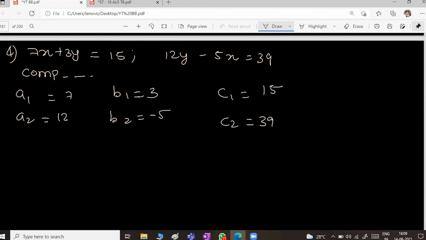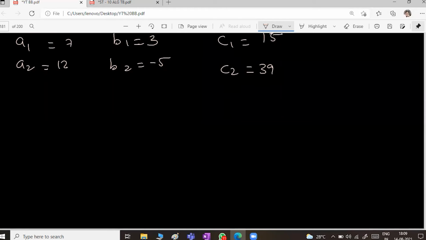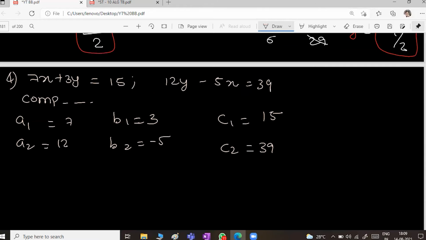I hope I am very clear. Then सॉल्व करो, 1 minute. As I said, I did the mistake. Here it's 12y. So basically you need to understand. See, मेरे से भी गलती हो गया, since I was not so much attentive. So इधर क्या आएगा, minus 5x plus 12y is equal to 39. So what is your A2? A2 is not 12 and it is what? It is minus 5. And what is your B2? It is not minus 5 and it is 12. अभी समझा?